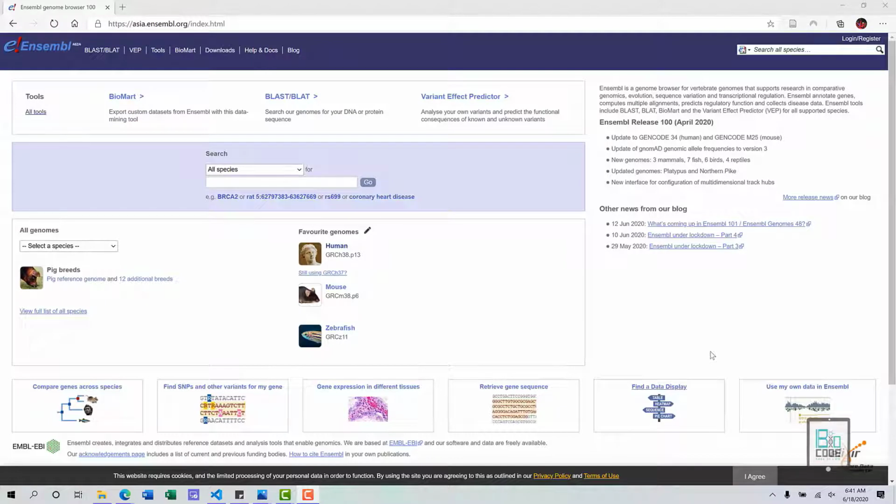In this video, we will see how we can utilize the Ensembl database to retrieve a particular gene, a particular protein, a particular chromosomal region, and information on a disease. If you have a particular disease name, you can retrieve information related to that as well. So in this video, we are going to utilize the Ensembl database and retrieve those sequences for our further analysis for whatever cause.